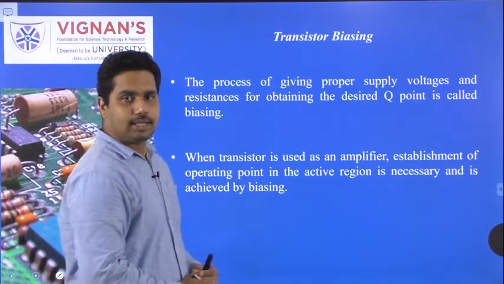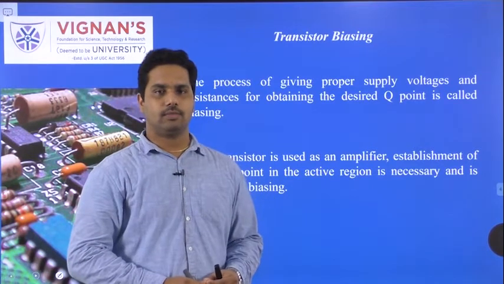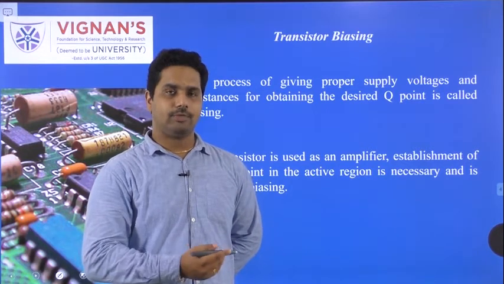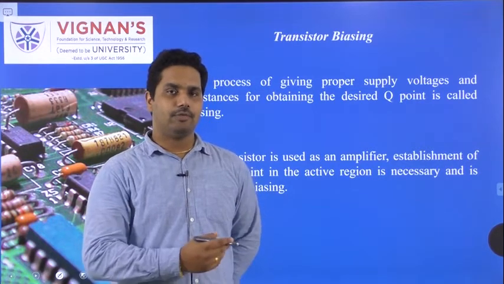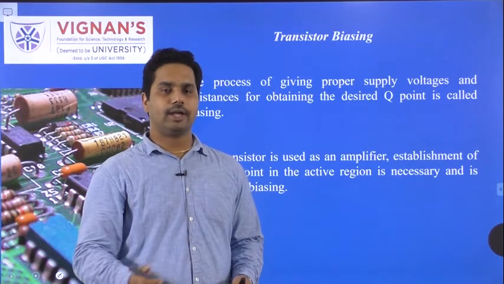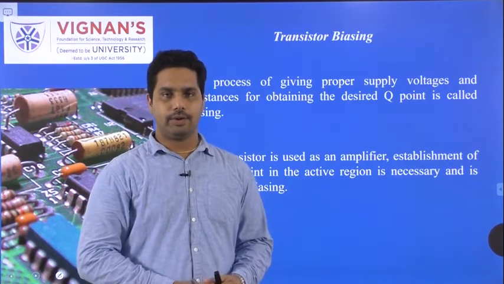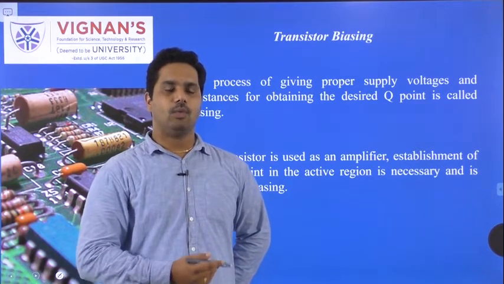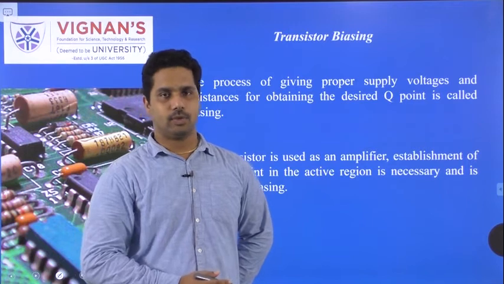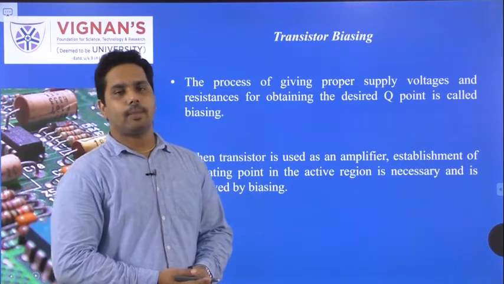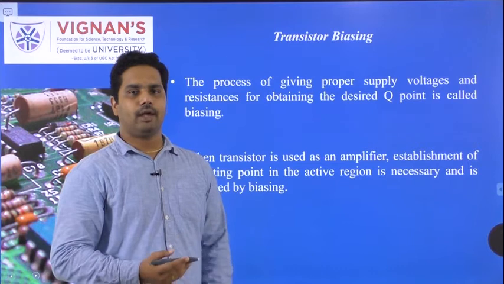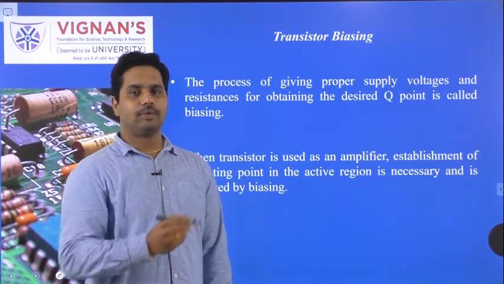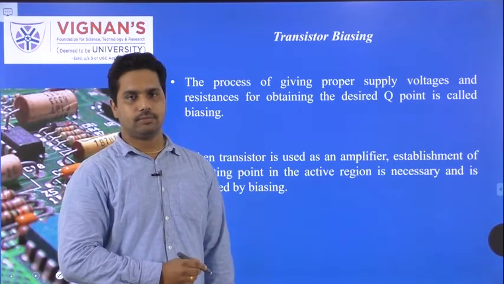Then we can see what transistor biasing is. What do you mean by biasing? You have learned about biasing in the first unit, like forward biasing and reverse biasing, and for BJT you have seen different kinds of biasing in your third unit, right? Here we are defining what biasing really is, and then we will see the need for these kinds of biasing. Simply, biasing is a process of providing proper DC supplies and resistances to make sure that your transistor is working in the active region.